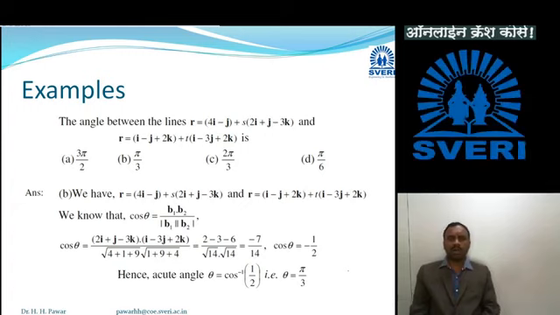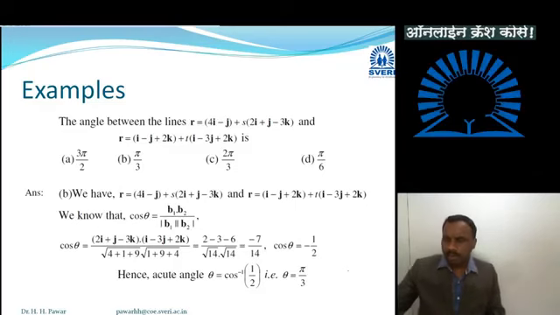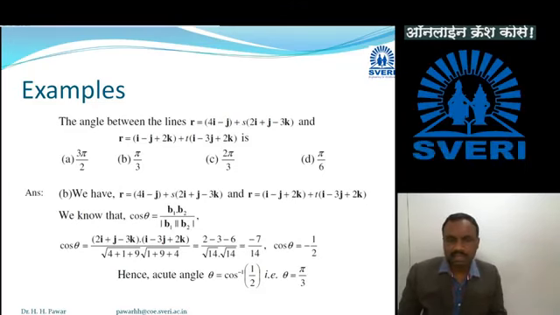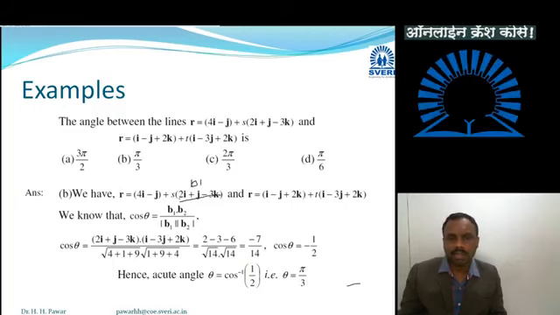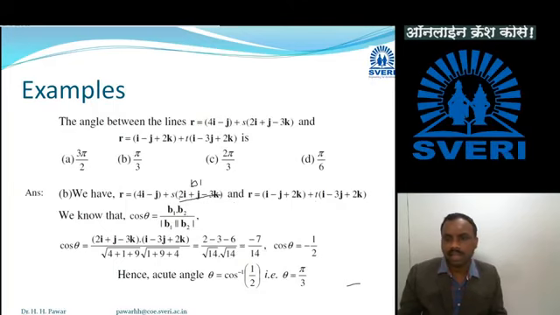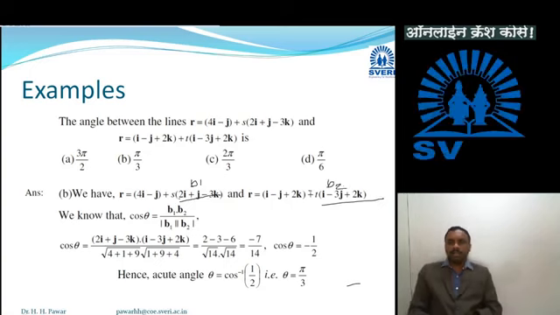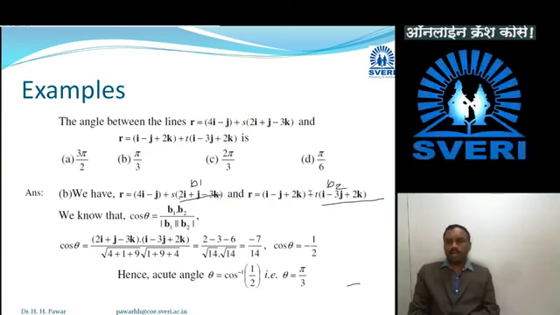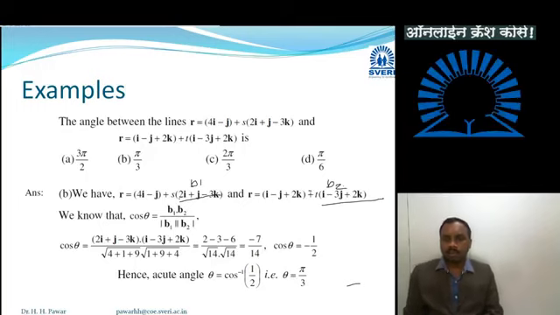and here in this case normals are, that is as equation given in vector form, that is r bar is equal to a bar plus s into b bar. So here in this case b1 bar is equal to 2i plus j minus 3k, that is here this b1 is considered as 2i plus j minus 3k, and this one b2 is i minus 3j plus 2k.